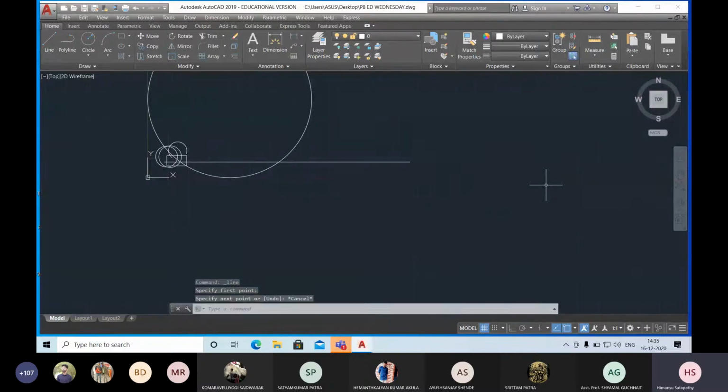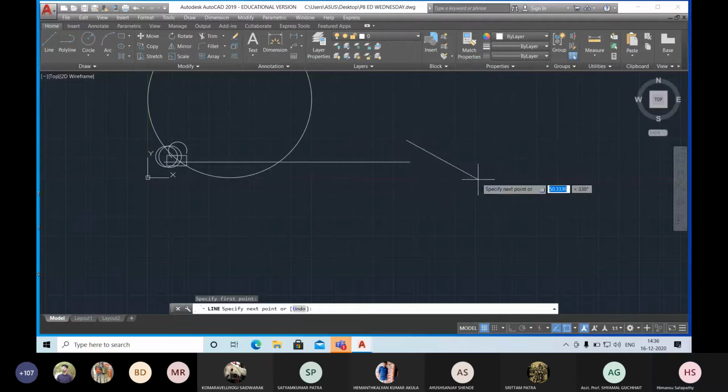Okay. So when DIN mode is 2, DIN mode, enter 2. You can find only length and angle. You can see this right now. I could not find any x coordinate, y coordinate. When I click, I can find the length as well as angle. So when DIN mode is 1, in that case, I can see only x coordinate and y coordinate. All of you can see this one. So this is your DIN mode.